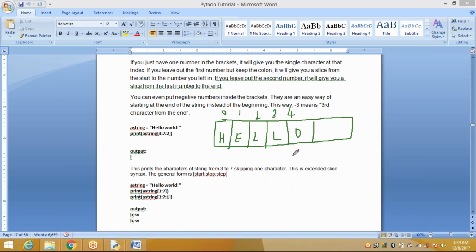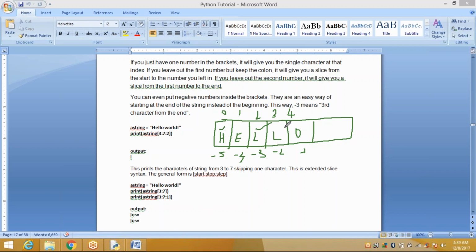When you apply the negative values, it takes -1, -2, -3, -4 and -5. If you apply print array of -5, it displays H. Suppose you apply array of -3, it displays L.